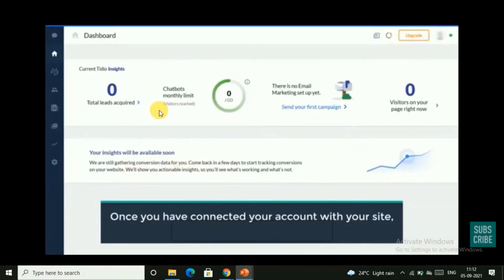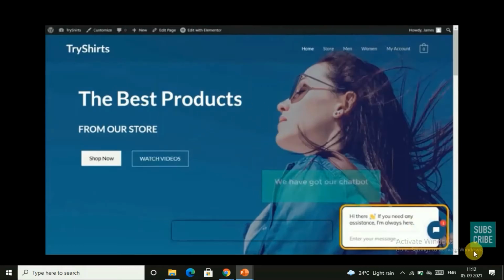And now you can see the Tidio dashboard. So this means that we have now connected our account with our site. We have successfully installed the plugin, we have connected our Tidio account to our website, and now let's go back. Here you can see that as we have connected, we got this chatbot on our website